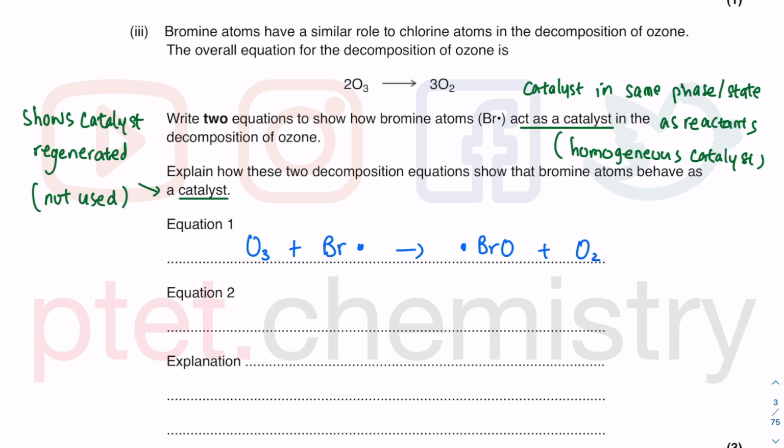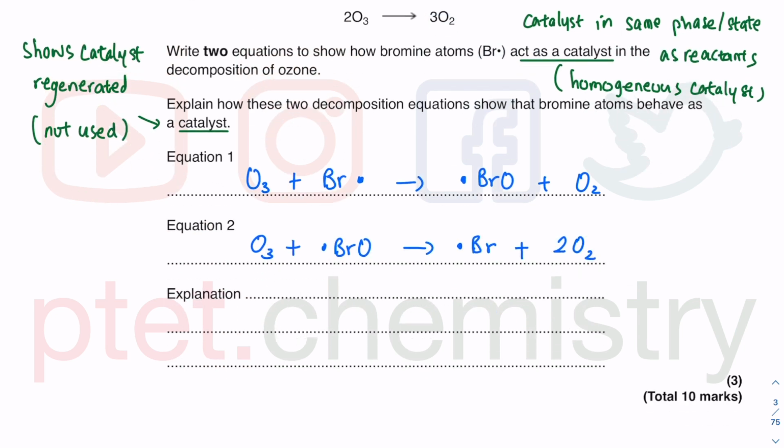So what happened is that was the first O3 molecule. I involved two O3 molecules. So the second O3 will react with BrO dot, and I will also get back my Br dot. But after having formed the Br dot, that O3 and O4, which doesn't exist, I will produce two of the O2 molecule. So when I add equation 1 and equation 2, you will see the left side added with the left side. What I get is